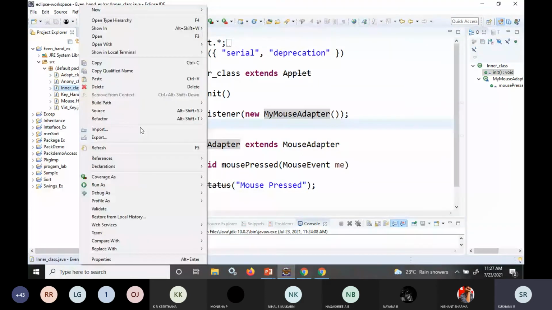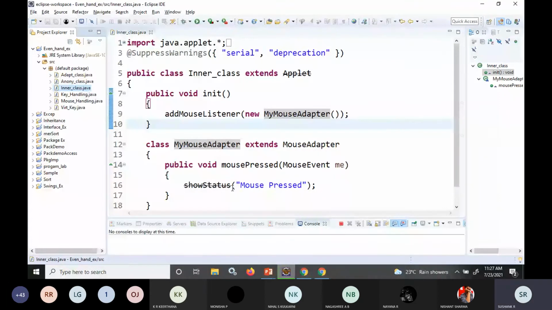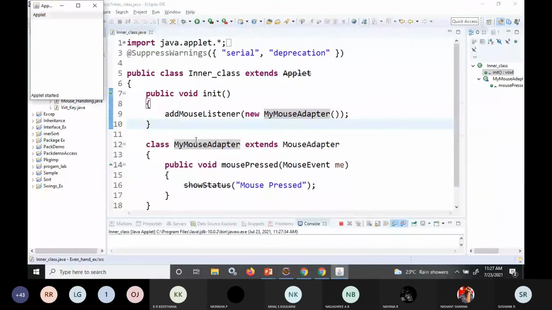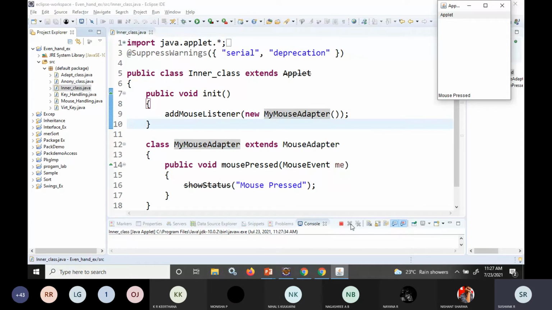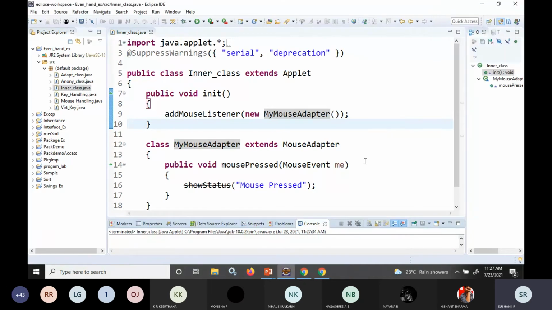I'll just run this. You can see the mouse pressed event that is taking place. So this program is an example of an inner class, not the anonymous inner class. Inner class means one class which is residing inside another class.